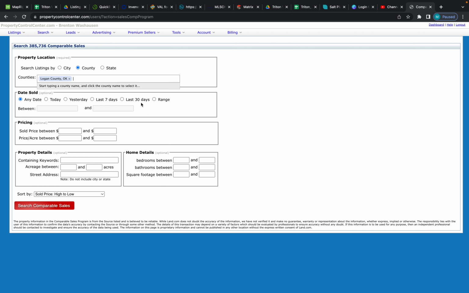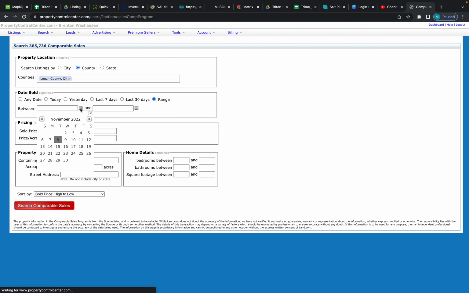And then you would jump down to the next section, which would be dates sold. Always use the range. You can do the last 30 days, last 7 days. Chances are you're not going to find much. So we try to stretch it out on a year basis. You can do a year, 365 to maybe a little less, to right around the 180-day range. Stretch it out to a year. It makes it easier. You can sort through the amount of comps there. It'll kind of give you a broad range, and you can search. So let's search for a year. Within the last year,